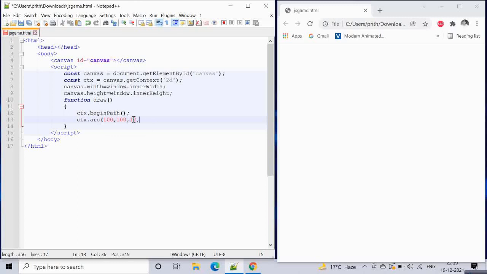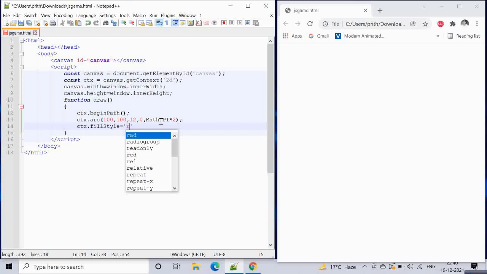The x and y coordinates, let's say 100, 100, radius let's say 12, and we will have a circle from 0 to 2 pi. If you notice in the coordinate system, 2 pi means 360. So Math.PI multiplied by 2.